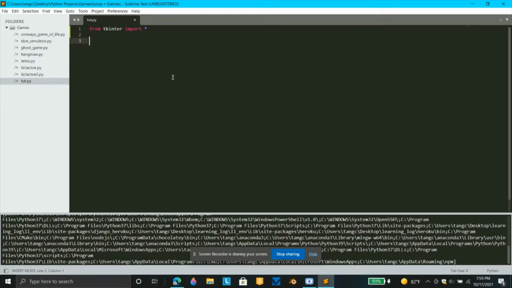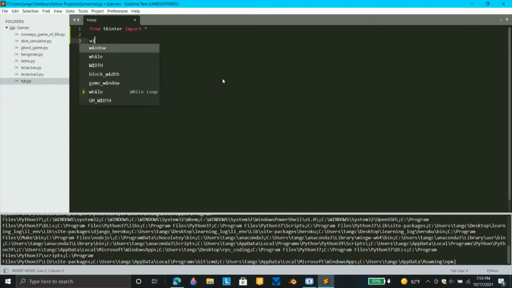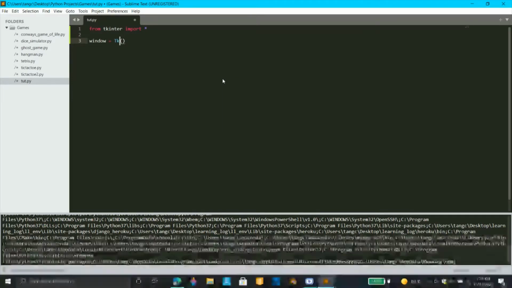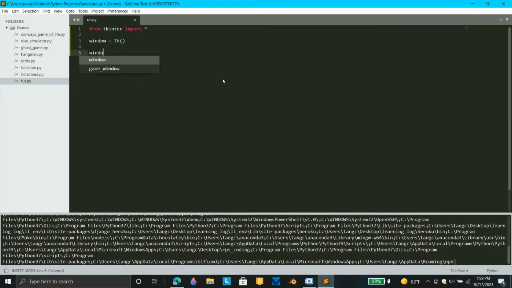So first, let's get our tkinter window started. I'm going to name this variable window, and it's going to store the tkinter window object in it. So window equals Tk, which is how you call a window in tkinter. If we just had import tkinter, we would have had to type tkinter dot Tk. But now we can just type Tk. It's much simpler. And let's set the window title to Tetris. Window.title,